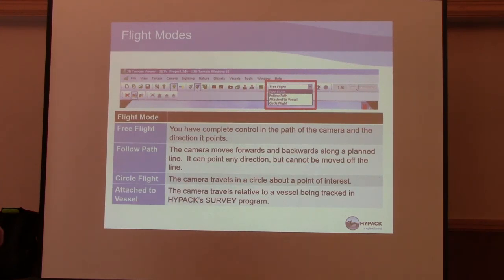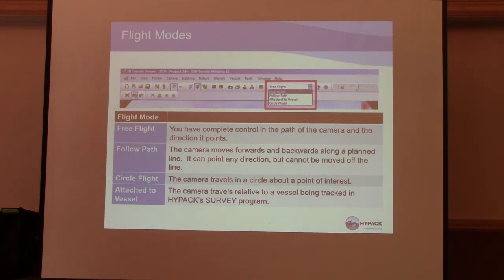You can follow a path, where you can load up a planned line and the program will just follow the planned line. Circle fly just generates a circle around the data set. That comes in handy for trade shows. They have a nice looking data set, and they just have the camera run around a circle, always pointing towards the data. And then attached to vessel, where you can actually have it running alongside HYPACK survey,